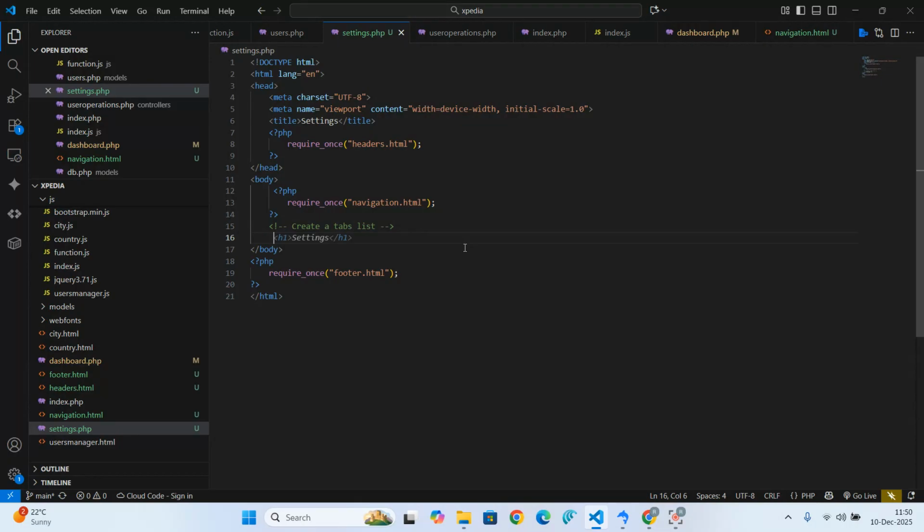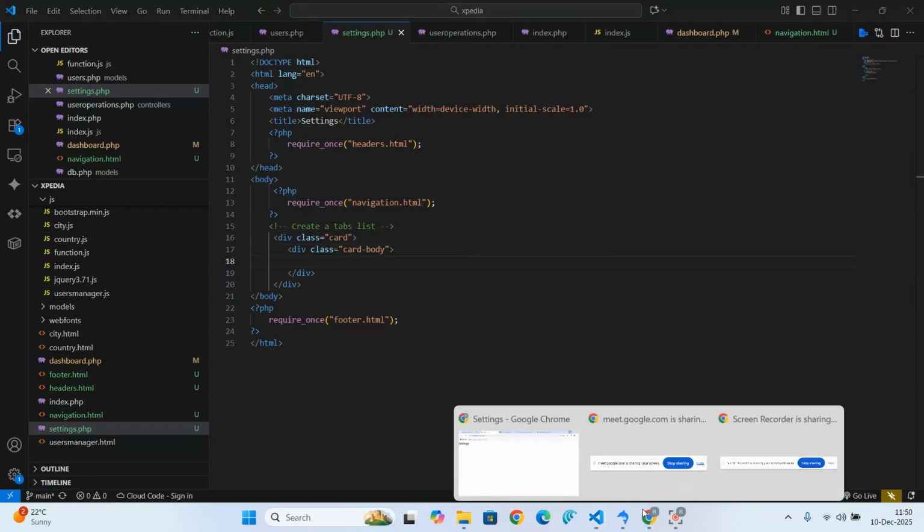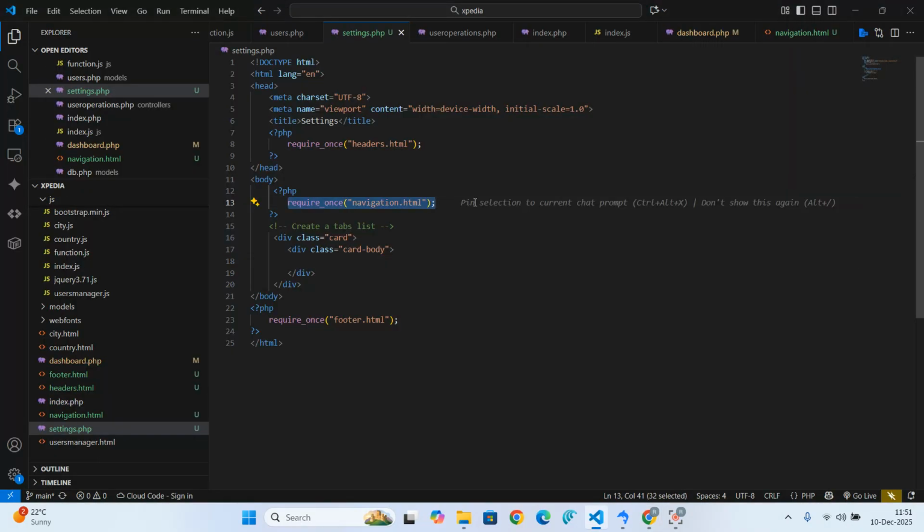Now, because I want it to look nicer, I'll put it inside a card. Then I'll put it inside the card body. So I'll put the container inside the card body. What that does is basically create a bootstrap card, which is this, and then it formats it nicely. But I also want the page to be container fluid. So when I'm requiring this navigation,